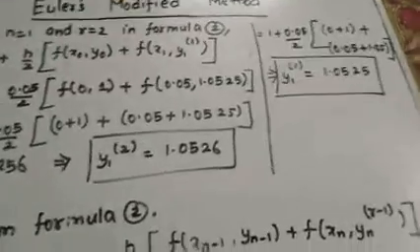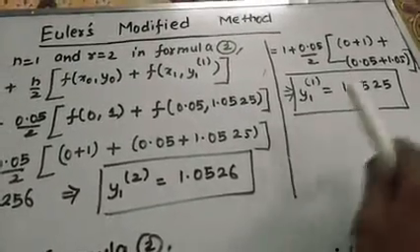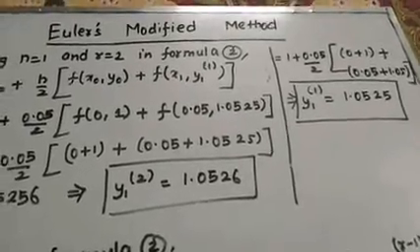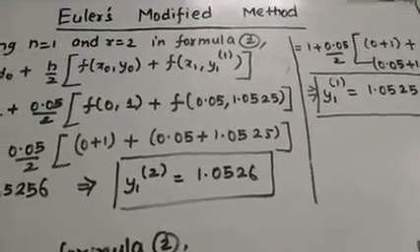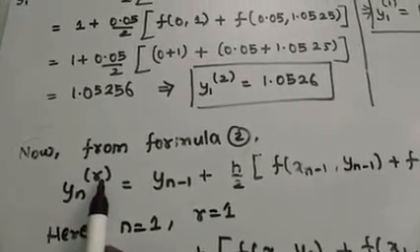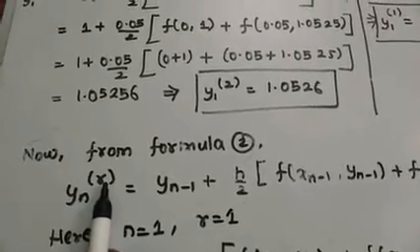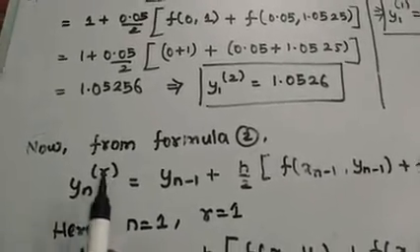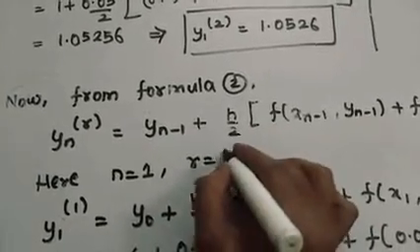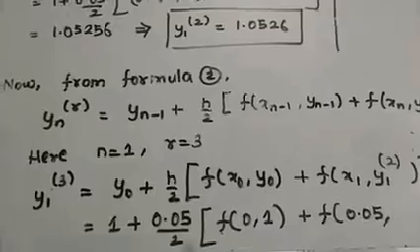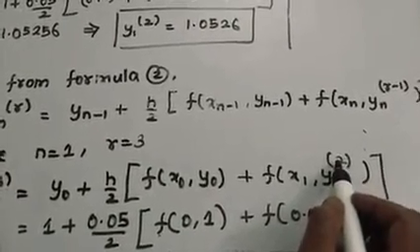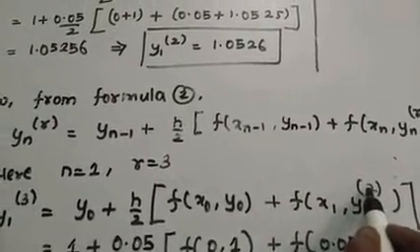So now let us match. Do these two values match exactly up to 4 decimal places? We can see that the fourth decimal is 6 here and 5 there, so it does not match. So we have to find for the third stage. That means for y1 we have to find for the third stage, that means for n equals 1 and r equals 3. So let's do that, I'm simply doing it in rough here only. Putting n equals 1 and r equals 3, this becomes 3 minus 1, 2. So y1 of 2.